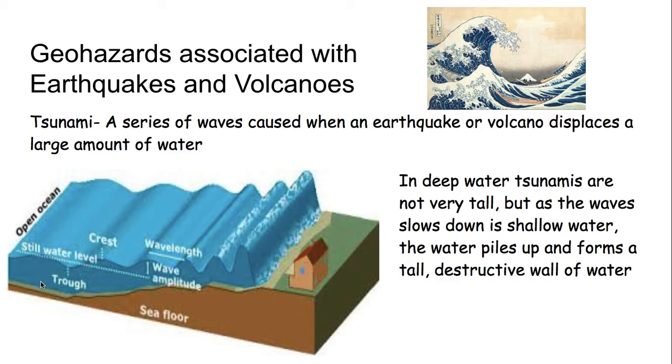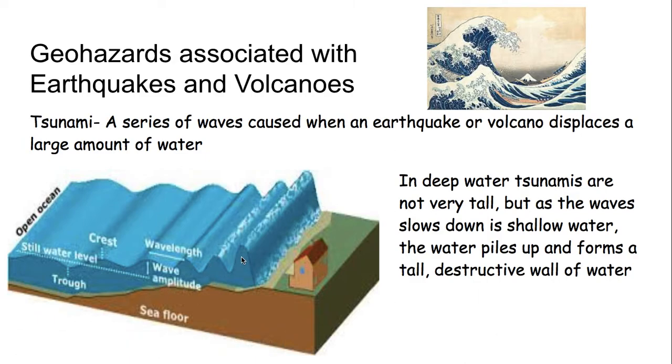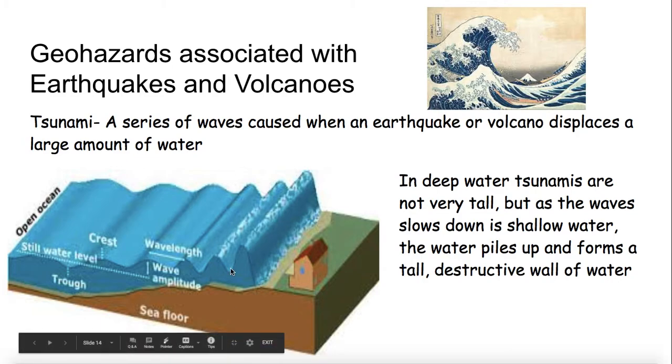In deep water, on the ocean floor, where earthquakes tend to happen, the tsunami is not very tall. But as the tsunami spreads out and reaches the land, the seafloor gets shallower and shallower. This water will slow down and the water piles on top of itself. So that's why this wall is taller than it is out here. It's kind of hard to tell if a tsunami is happening out here, but you know once you're on land.